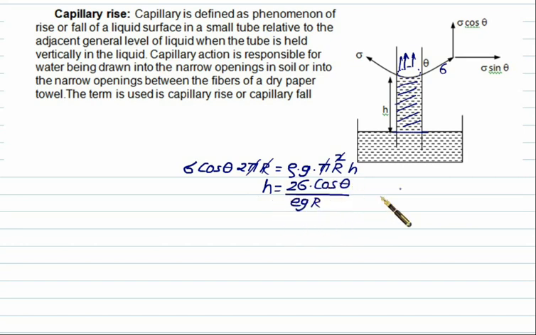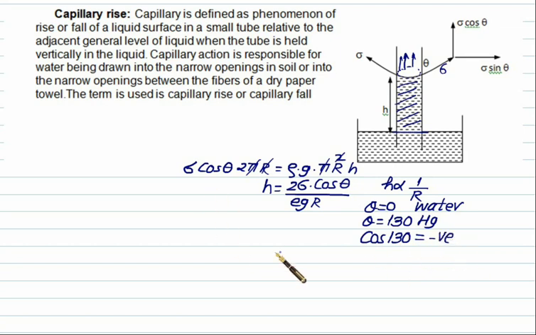Now clearly h is inversely proportional to r. It means that if we have a smaller radius, then the capillary rise will be higher. At the same time, h is also a function of theta. This value of theta you have to take equal to 0 for water, that is distilled water. And this value of theta is equal to 130 in the case of mercury. In that case, we will observe that the cos of 130 is negative. And since the cos of 130 is negative, h will be a negative value. In that case, it is called the capillary depression. So capillary depression is only possible in the case of mercury,